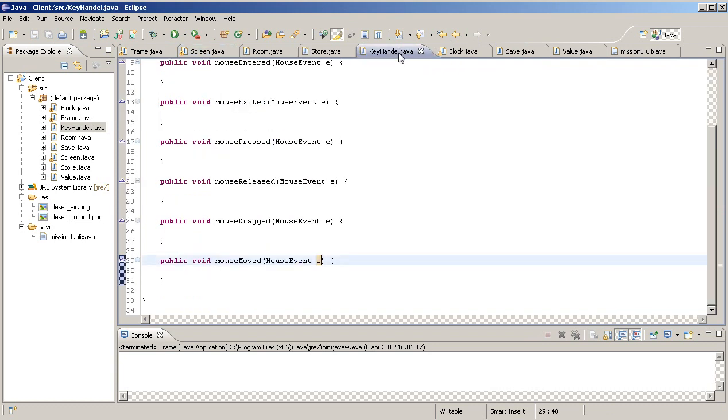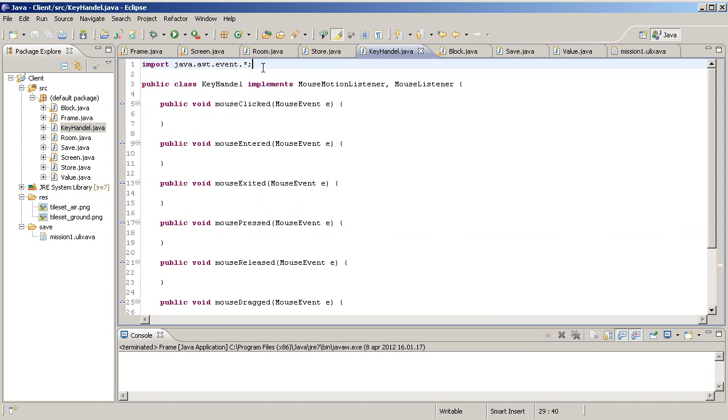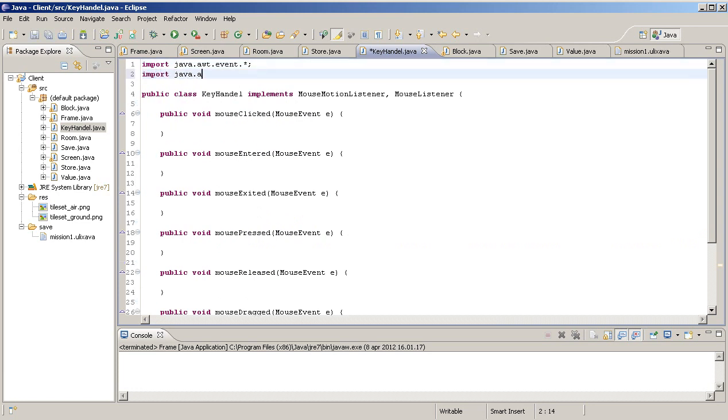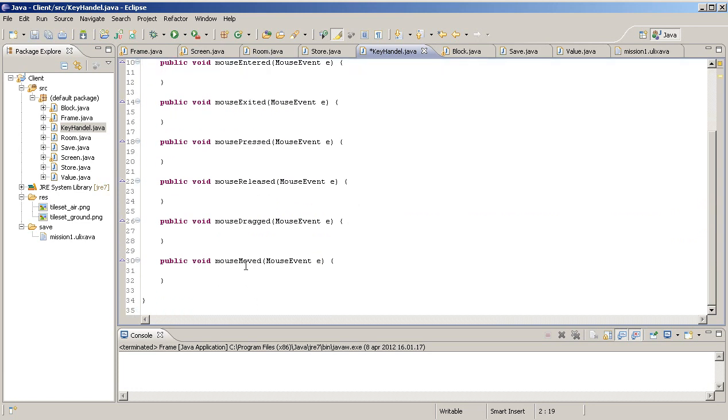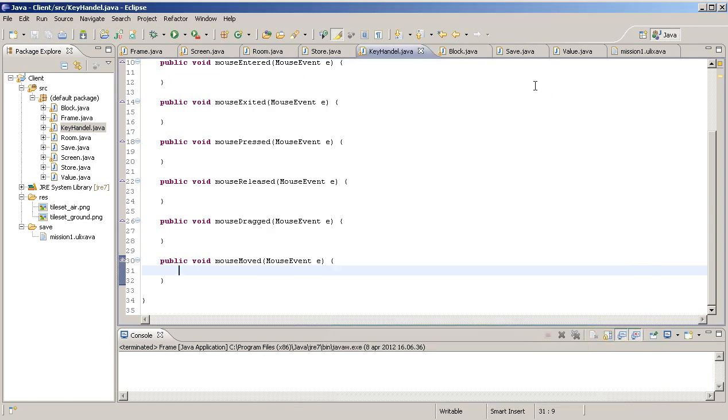And now from the key handle, we will need the import java.awt as well, just so we can use the point here, because each time the mouse has moved or is dragged, we want to do the same thing. We basically want to set the point position. We're going to start at the mouse moved. In order to get the perfect mouse position, if you're using a JFrame, it will just automatically add all these random borders. So in order to fix that,